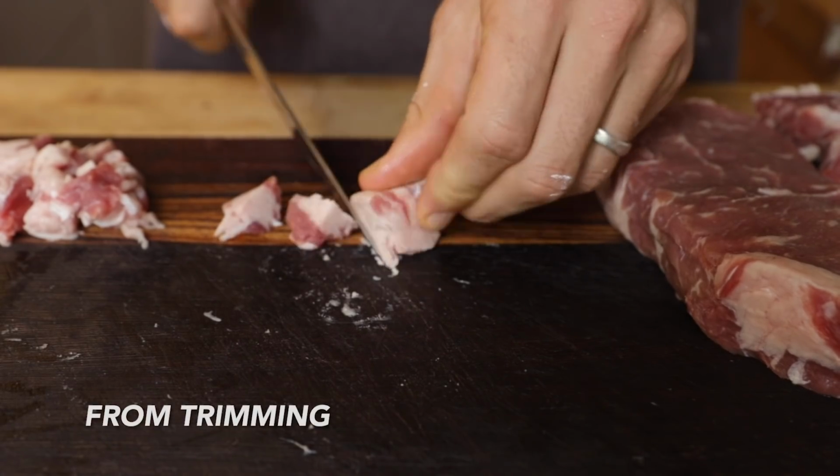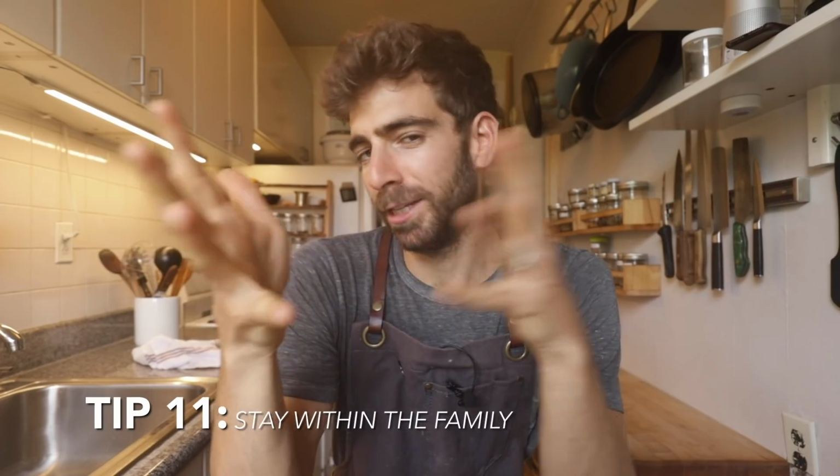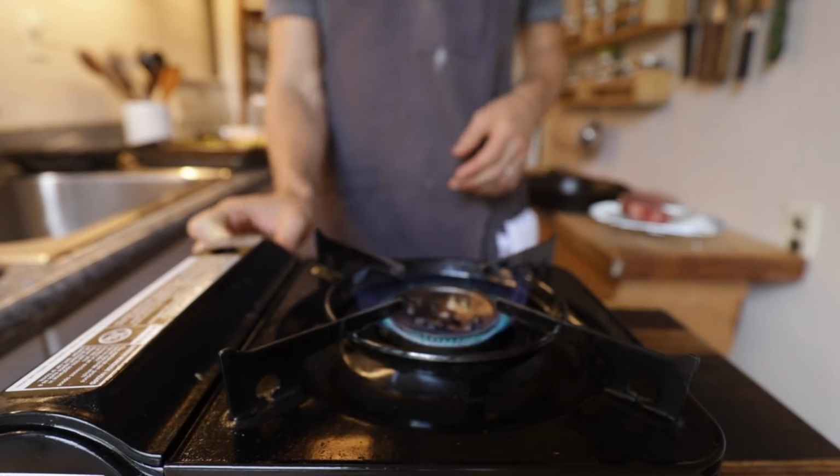So now that we've got our pan picked out, what oil do we use? Well, you remember that fat that we cut off earlier? We can repurpose that fat. We're gonna stay within the cow family and just use the fat that came off that actual steak and render that down. So all you have to do is take those pieces, put your pan on a medium heat, and